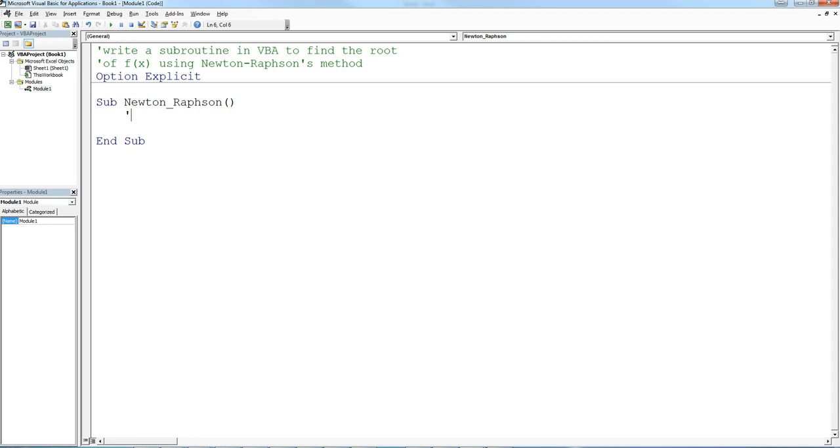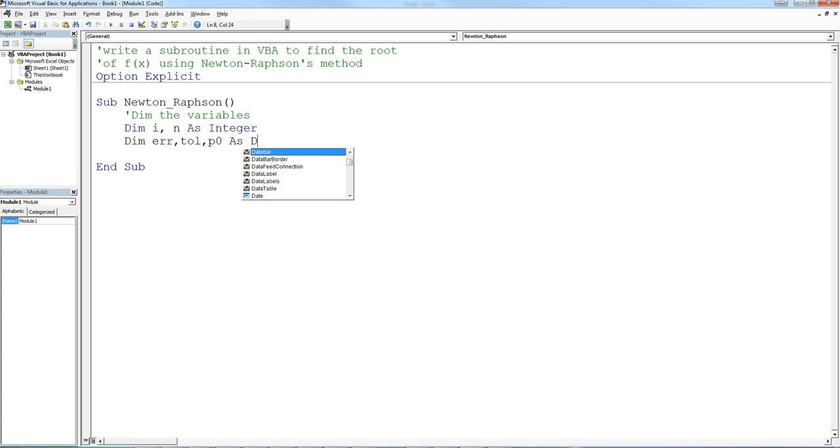And then we're going to dim the variables. And we know that i and n are integers. And we're going to say that the error, the tolerance, and P naught are going to be double precision. And then we're going to input,